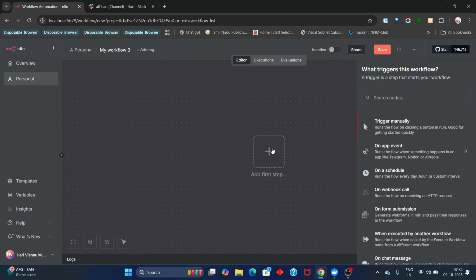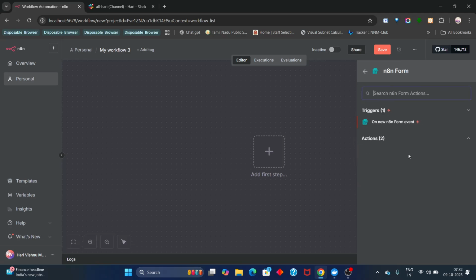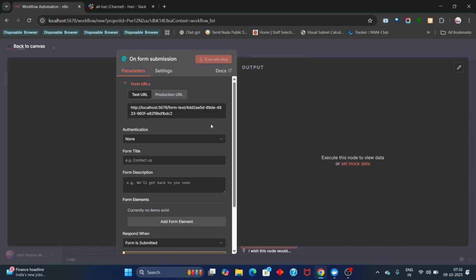Trigger means after submitting the form we can integrate with Slack and get the notification, and we are going to search for n8n form. We are getting the on form submission page, and for this test purpose I am avoiding the authentication, so I choose none,